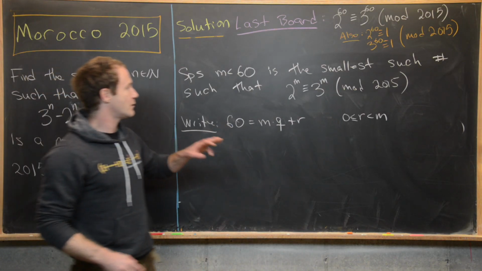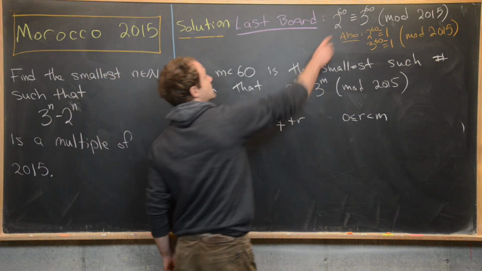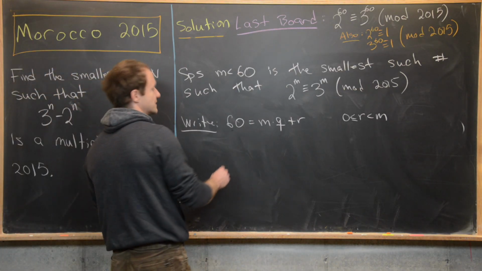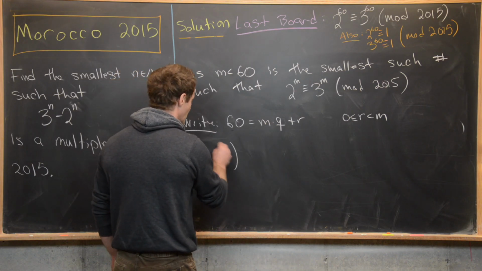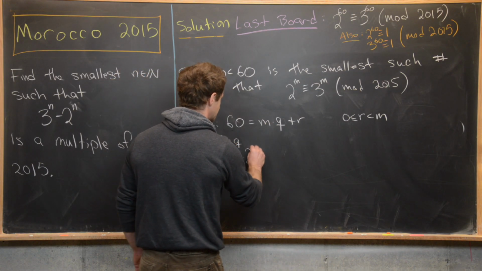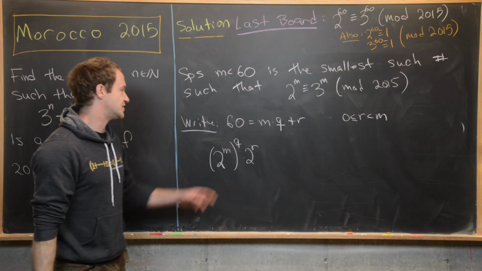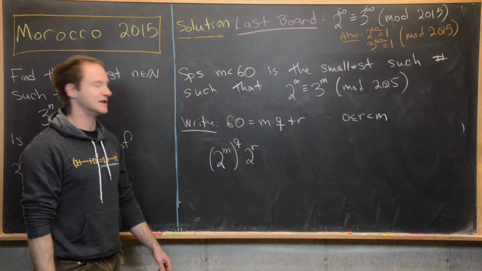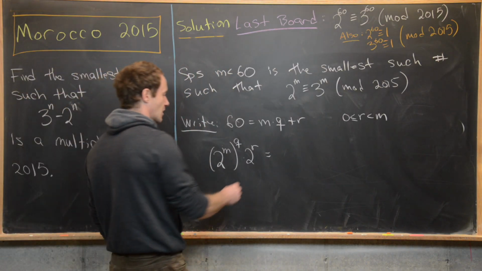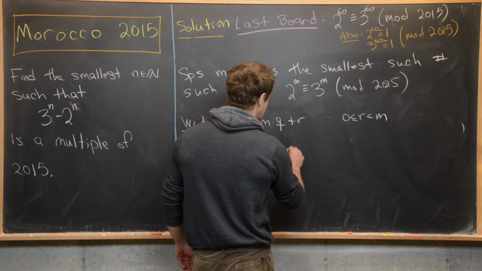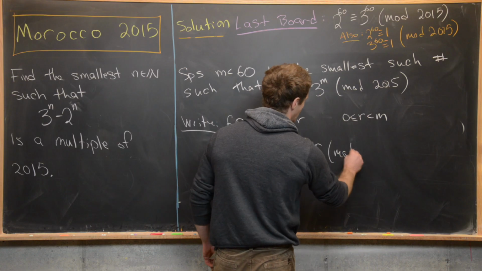Okay, so now what we want to do is insert this version of 60 into this congruence up here. So notice that's going to give us 2 to the 60, but I'm going to write that as 2 to the m, all to the q power, times 2 to the r. Again, I just used exponent rules there to change the multiplication to repeated exponentiation and so on. And then we've got the same kind of thing happening over on the right-hand side. So here we have 3 to the m to the q times 3 to the r, and these are congruent modulo